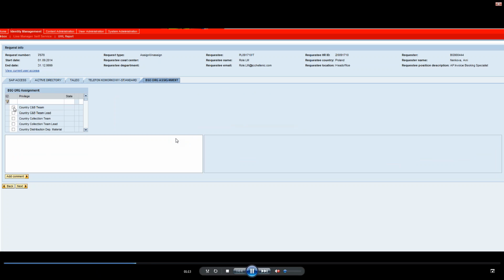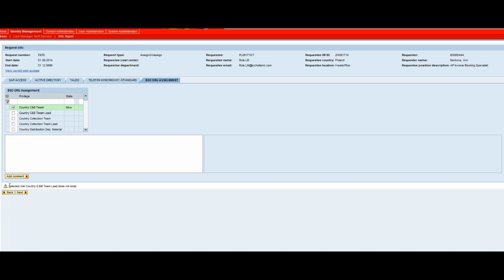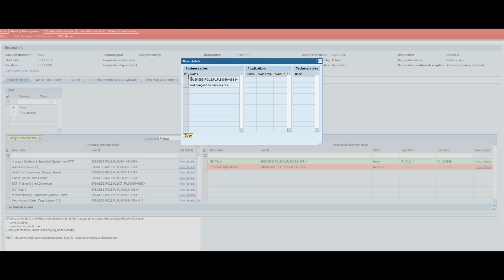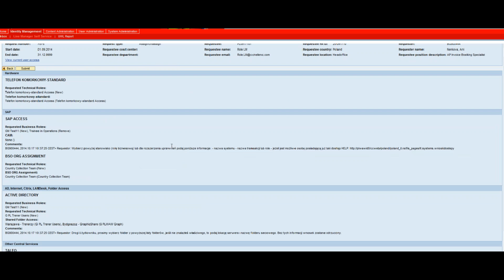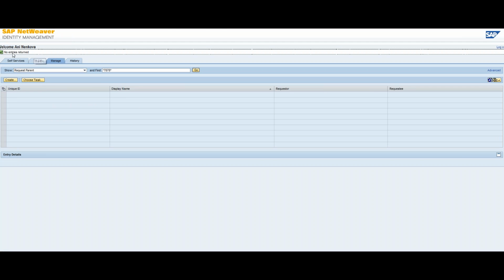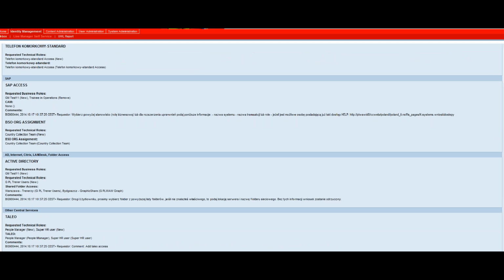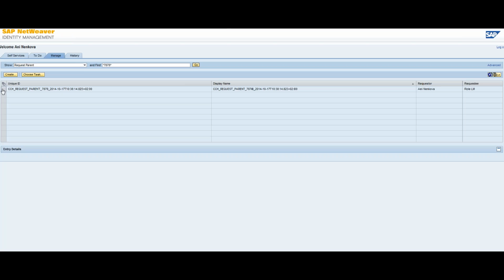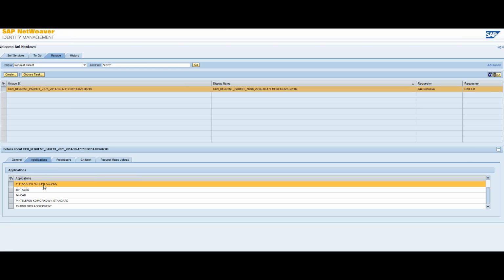And after we are done with this step, we will receive a request in our inbox. We have to complete a couple of steps before we manage to finish with the request. So here we can see the request number. This is an automatically generated request number, so we can check the progress of our request directly in IDM, as you can see.